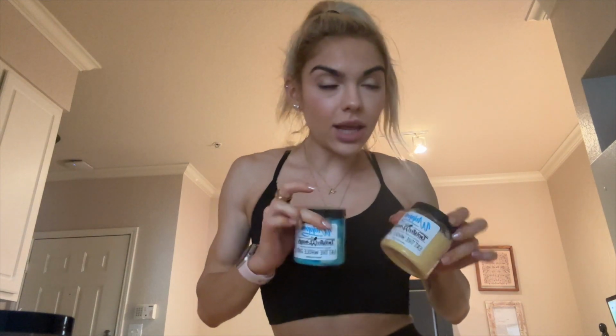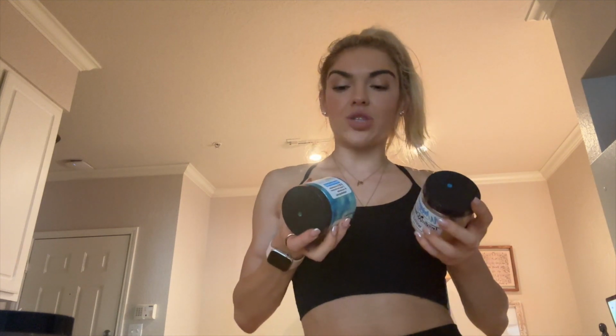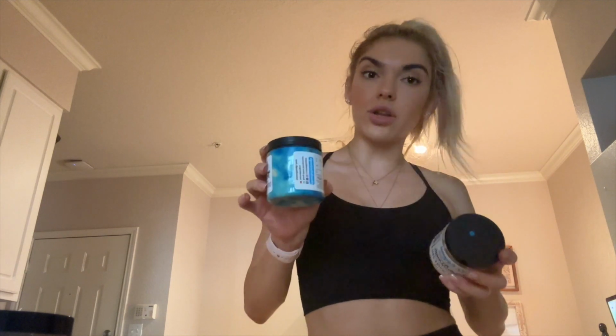I put it in the freezer and then I just take it out and eat it. I'm not going to be eating it right now because I'm in prep. But the toppings are not included in the macros, which I don't like. And there's toppings in each one of these, but I can just give you kind of the lowdown of what